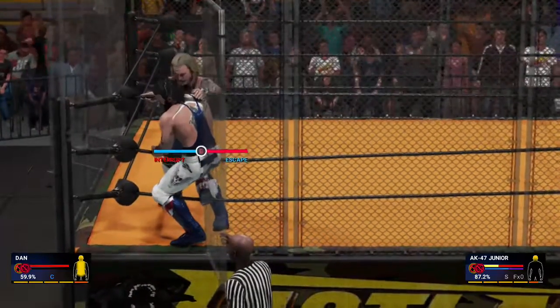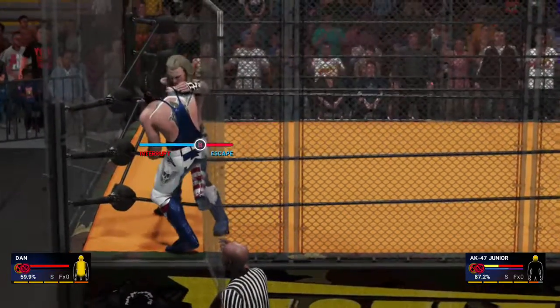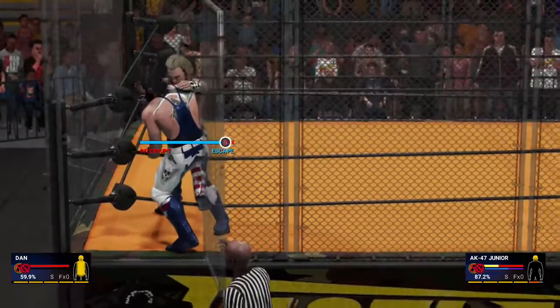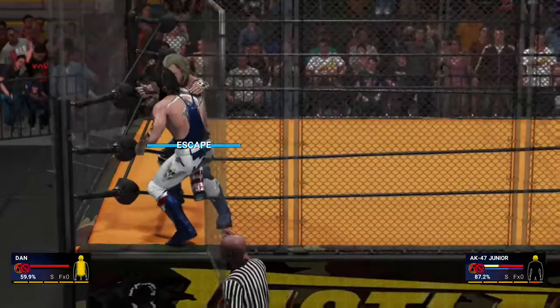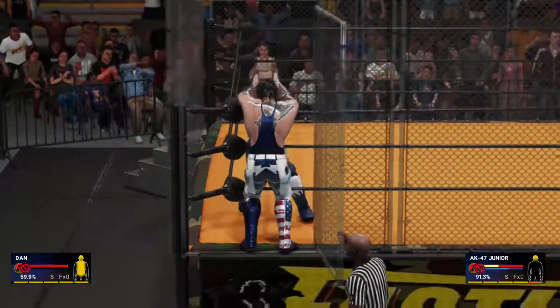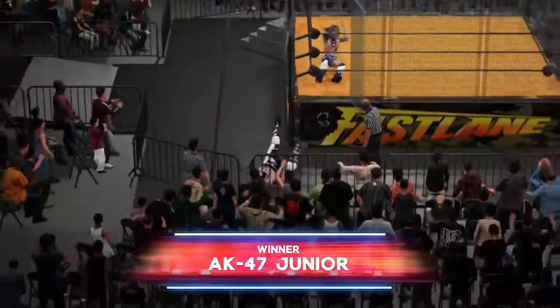Byron, you touched on this earlier, but it's so important for a superstar to accept that there's nowhere to run and nowhere to hide in a steel cage match. That the conflict will be resolved within the 15-foot-high steel walls that surround the ring. And that losing a cage match can mean much more than a mark in the loss column. For some, it has meant the end of their...